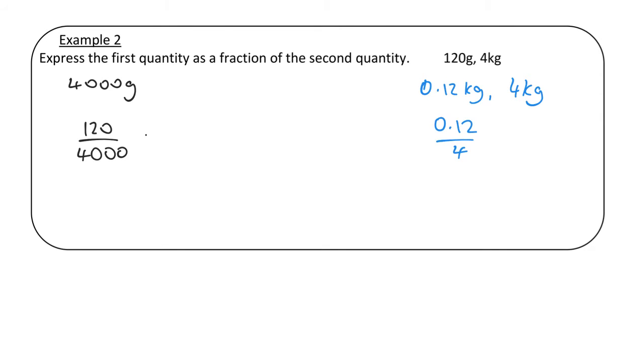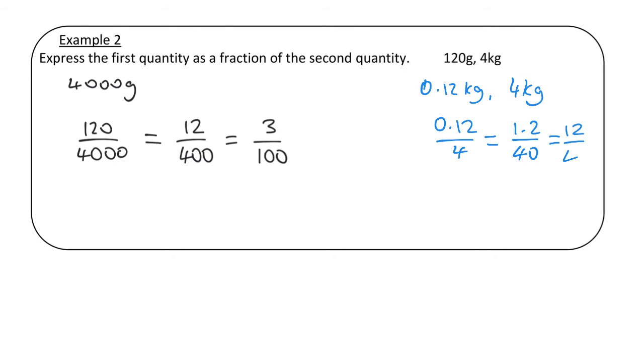We can simplify by dividing through by 10, and we get 12 over 400. 12 and 400 are both divisible by 4, so we can express that as 3 over 100. Now we could have done it with the 0.12 over 4. We could have multiplied top and bottom by 10 to leave it as 1.2 over 40, and we could have multiplied by 10 again to get 12 over 400, and then that simplifies to 3 over 100. So we could do it either way, but it's much easier to express the 4 kilograms in terms of the